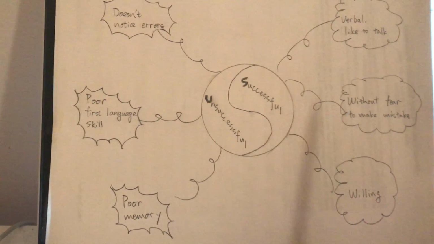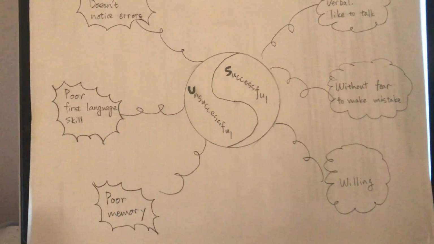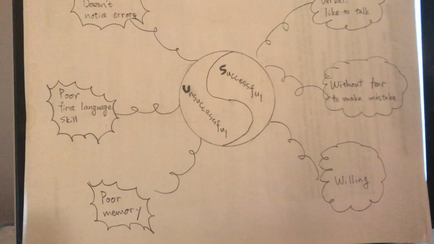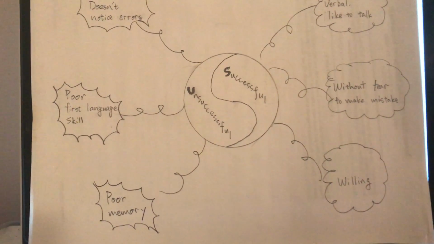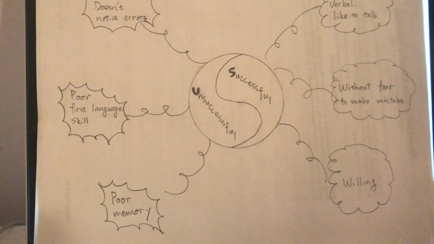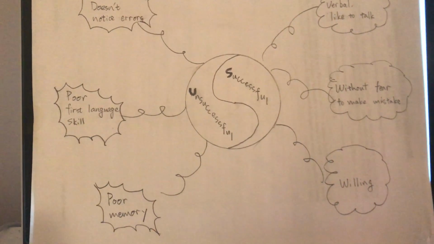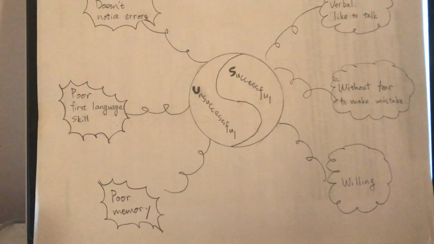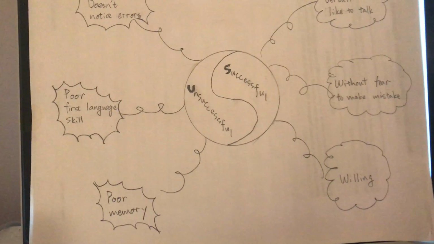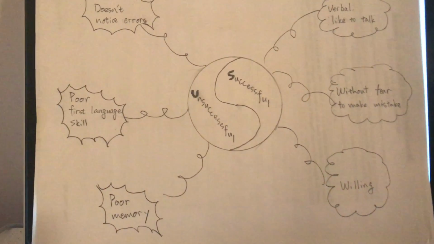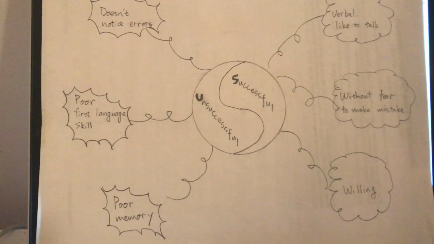And the second one is without fear to make mistakes. Actually, everyone will make mistakes. I mean, everyone, including the special students and normal students. So don't fear to make mistakes. Making a mistake is not a trouble. No one will blame you if you make some mistakes. So you can just find some experience from the mistakes, and this experience will make you better, a more successful immersion student.